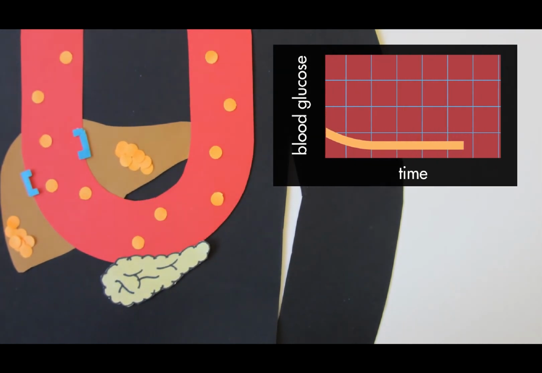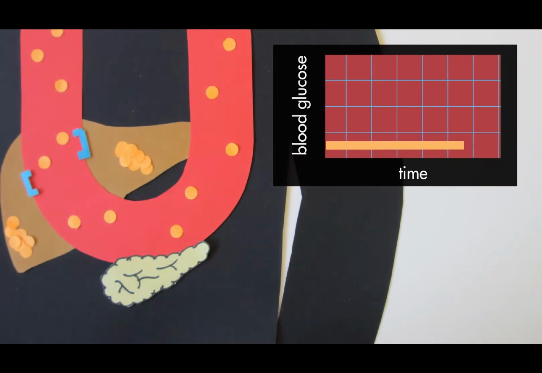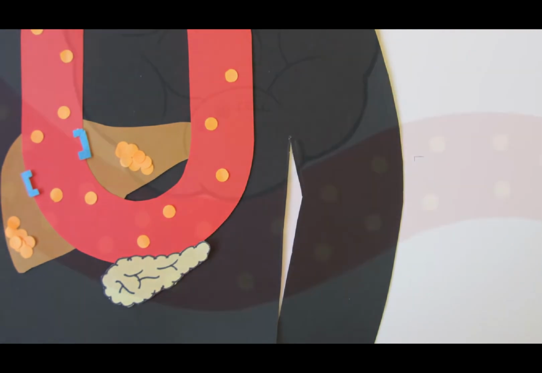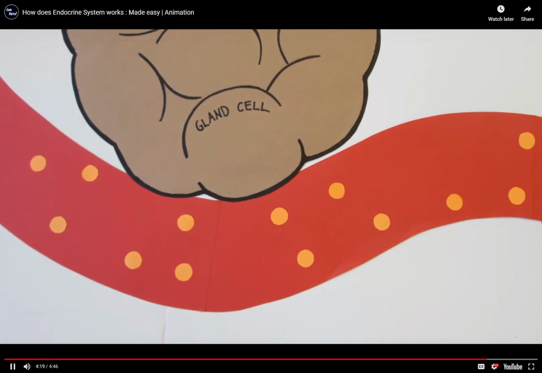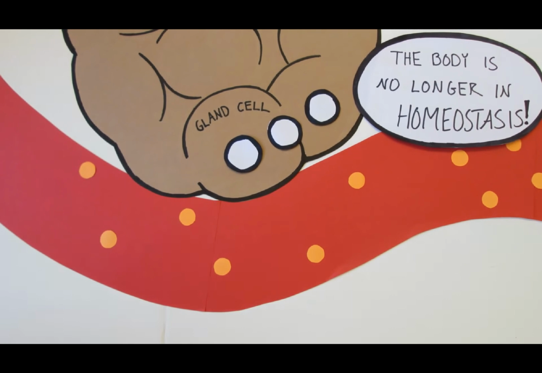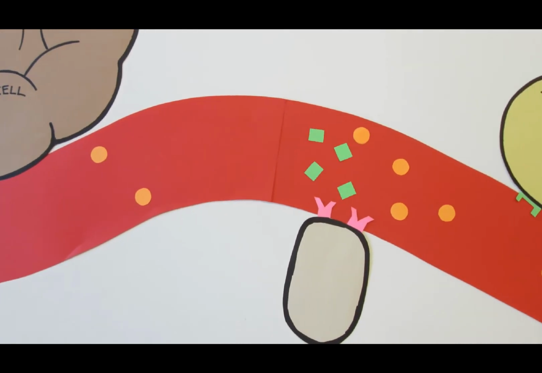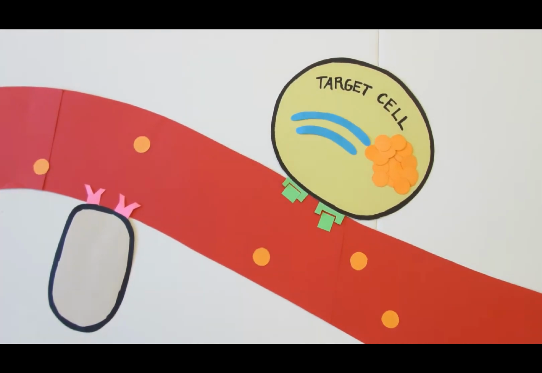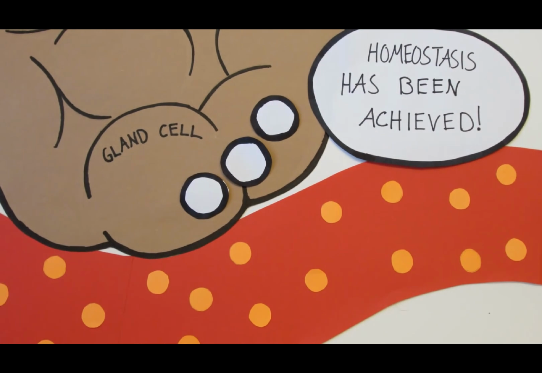Homeostasis has been achieved. Because blood glucose levels have reached homeostasis, the pancreas will stop secreting insulin. This is just one type of hormone involved in the endocrine system. Remember, glands of the endocrine system send messages to the body in a similar manner. A gland senses a change in the body and secretes a hormone. Hormones travel through the blood. Hormones are receptor specific. A hormone signal is amplified. And finally, hormones are regulated by feedback, many times negative feedback.